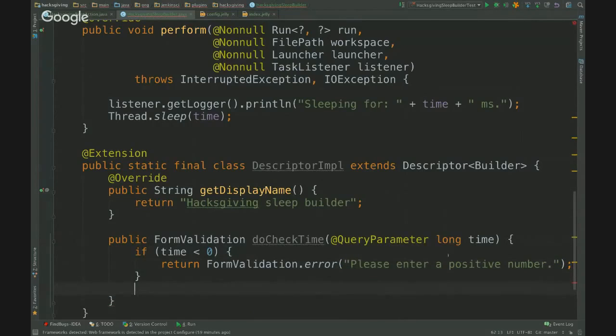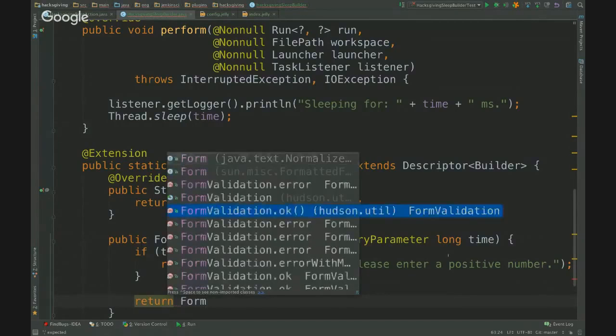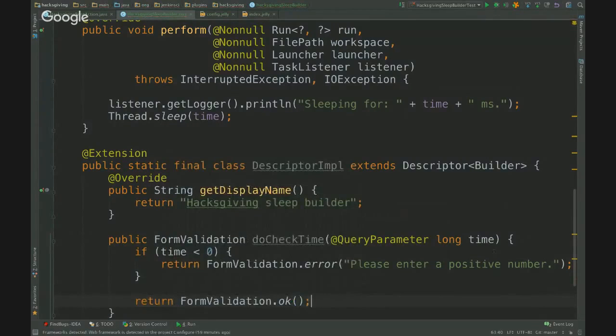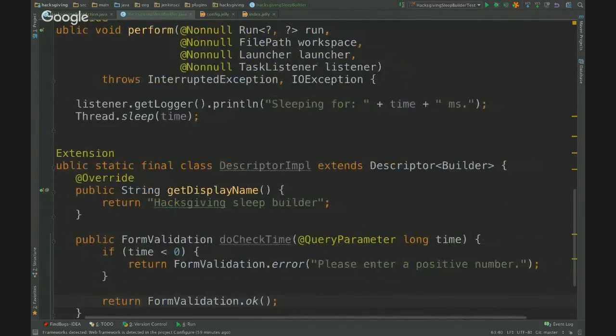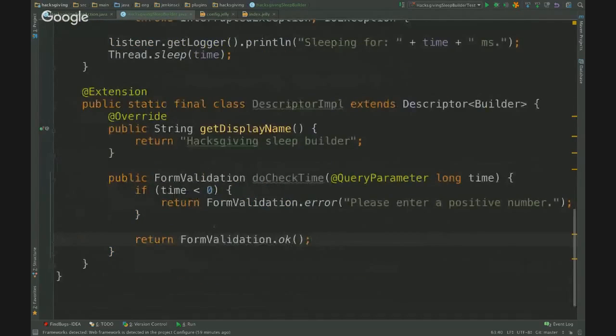Otherwise, I want it to return FormValidation.ok. Basically, this is saying if the time is less than 0, warn me. Otherwise, it's okay. So if I recompile this and rerun it,